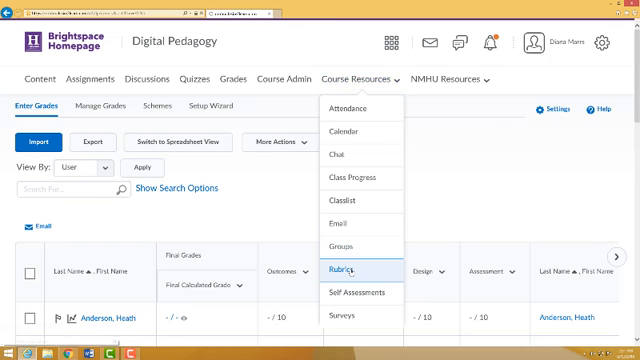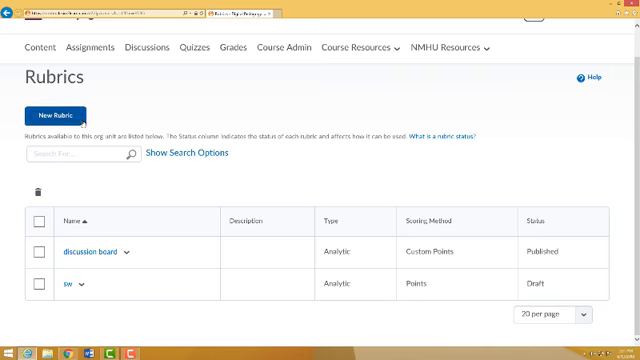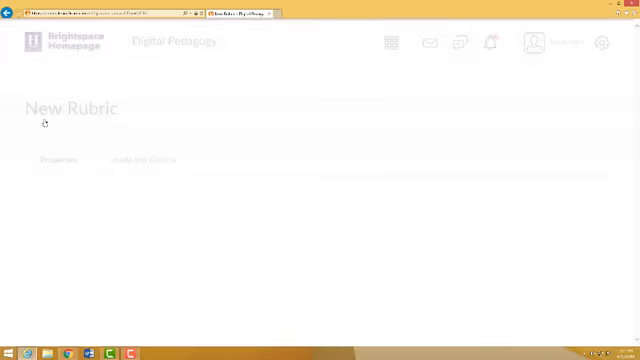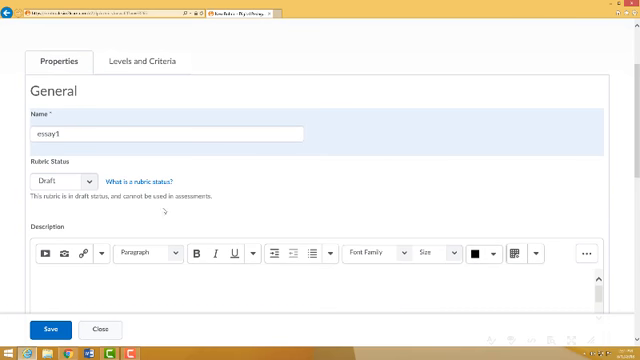So first with rubrics, you can create a new rubric. Let's look at that first. By default, they're on draft, and until you publish them, they're not available for you to select when you want to add them to an assignment. So this will be a rubric for a writing assignment,